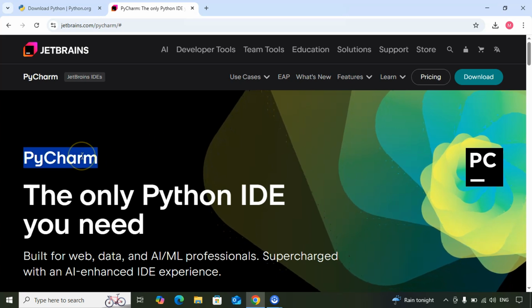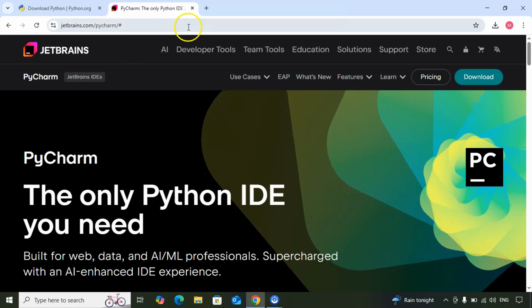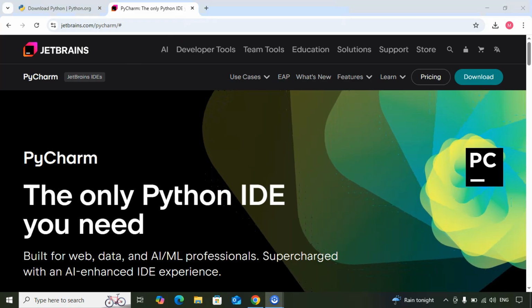Now, what is PyCharm? Before we install, let's understand what it is. Now, PyCharm is an IDE. If you see here, it's written as well. It is a Python IDE. Now, what's an IDE? IDE is nothing but integrated development environment. What is this environment? This environment, as the name suggests, it is to develop softwares or develop application or develop